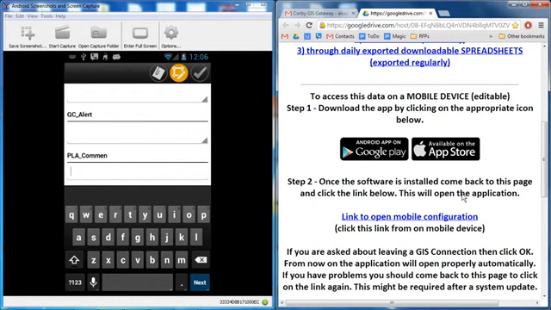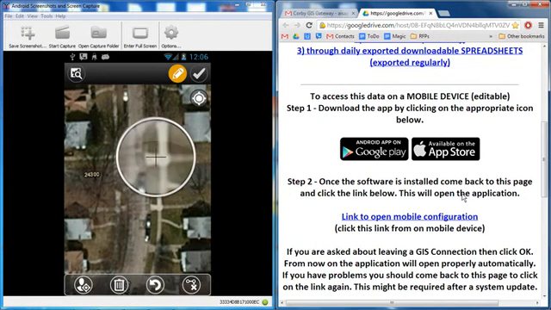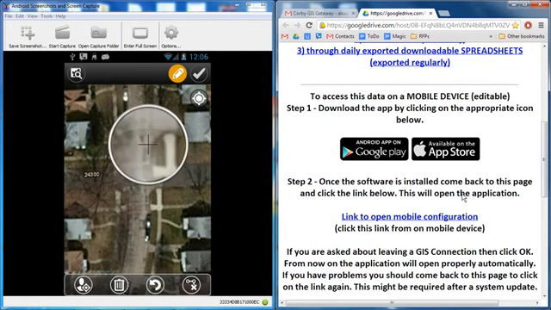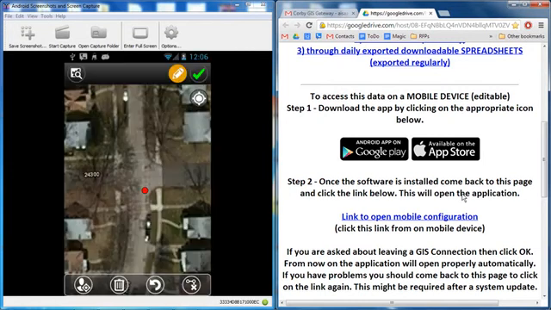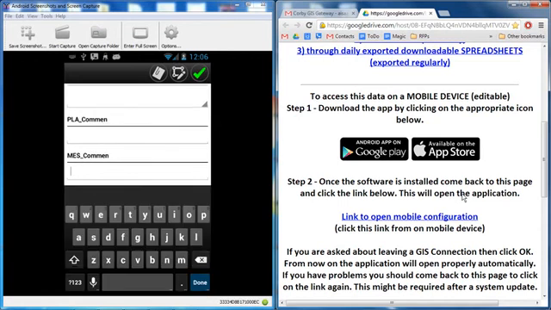You click this button in the top right corner to put the point, and then you can hold down your finger and you get a little circle, and then you can put the point exactly where you want it, like that. Then it creates the point, you press the little checkbox in the corner, and it asks you again whether these are all the fields that you want, maybe in the notes, in the MES notes. I don't know what the difference is between MES comment and PLA comment, but we're going to write